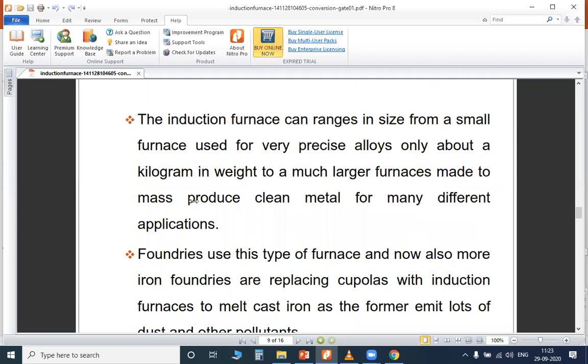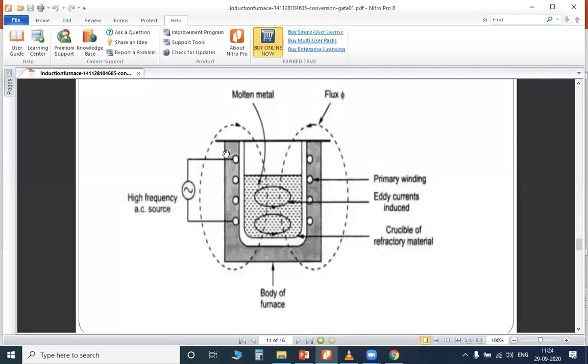Yeah. So this is a diagram. Clear. So this is the basin, which is the body of the furnace. This dark shade is nothing but the body of the furnace. Inside the body of the furnace, a crucible lining is to be taken. The crucible refractory material. So this is the crucible refractory material. Towards the crucible refractory material, one winding is there. You can observe the hose. This is a sectional view. So you can observe only the hose.